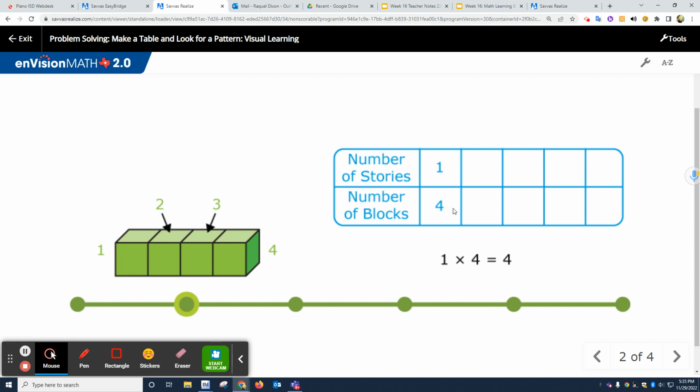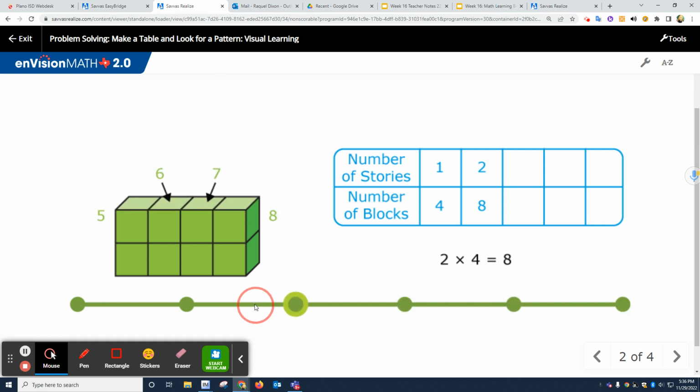One story has 4 blocks. And notice that they built a numerical expression that represents the rule, basically, 1 times 4. Then when we go to the next block, we have 2 stories, which results in 8